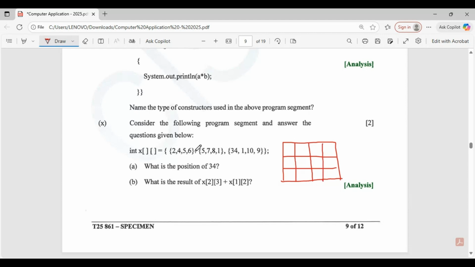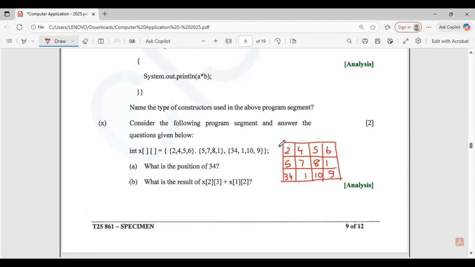The initial values over here are 2, 4, 5, 6, then 5, 7, 8, 1, then 34, 1, 10, and 9.